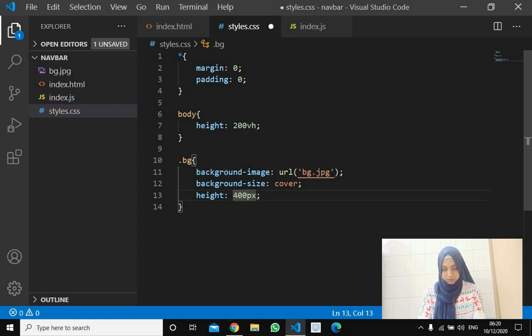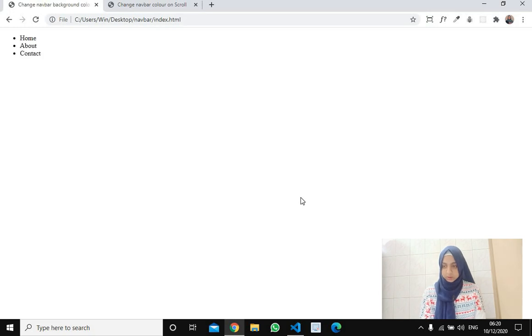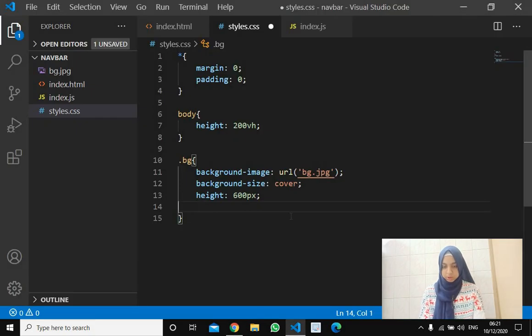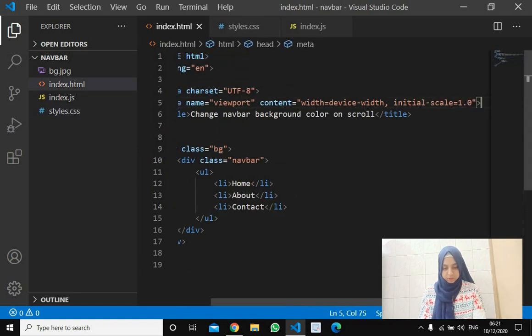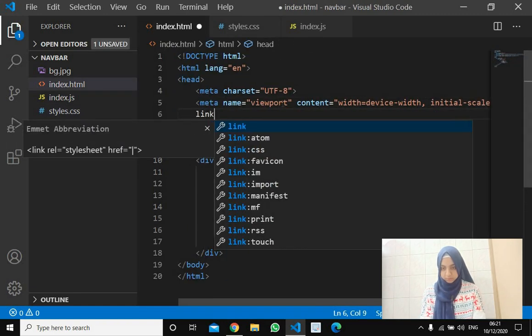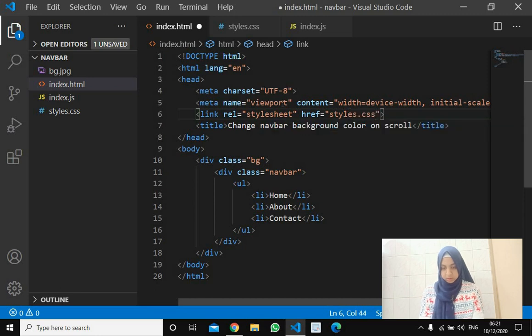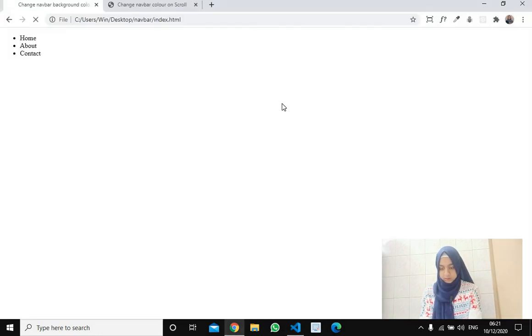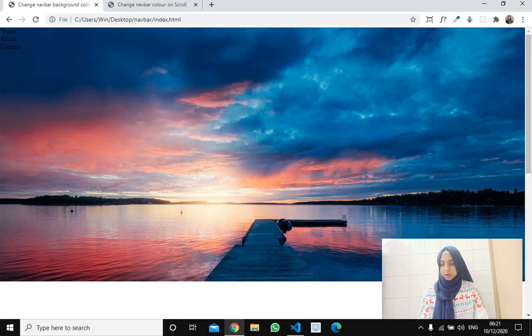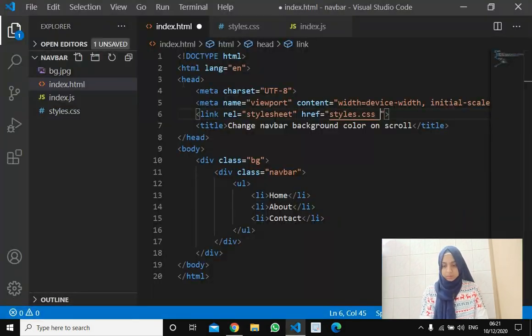Okay, let this be 600 pixels. Let's save this and refresh. Okay, we need to connect our style sheet, styles.css. Now if we refresh, can you see our background image, and these are our list items.